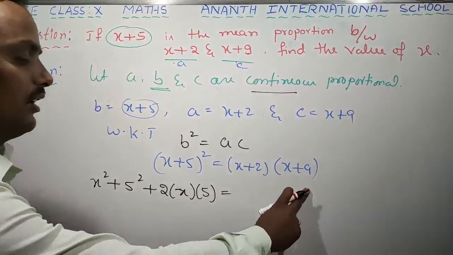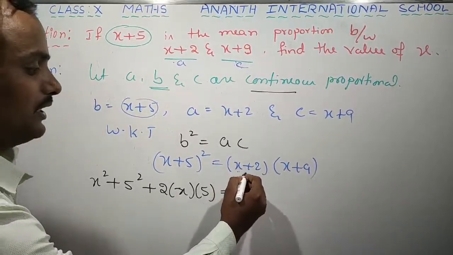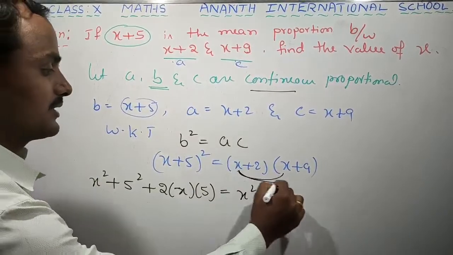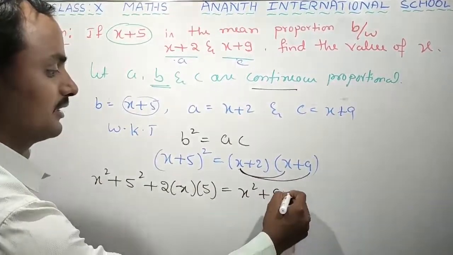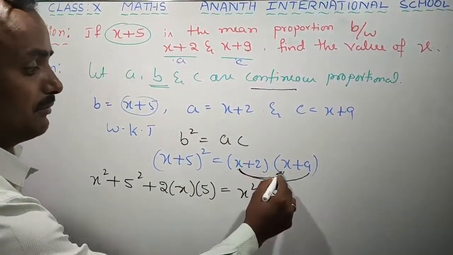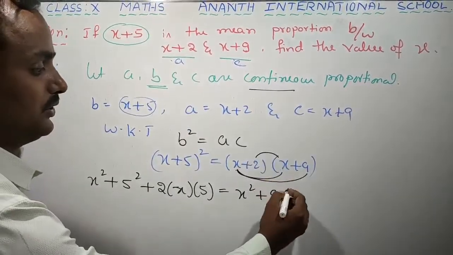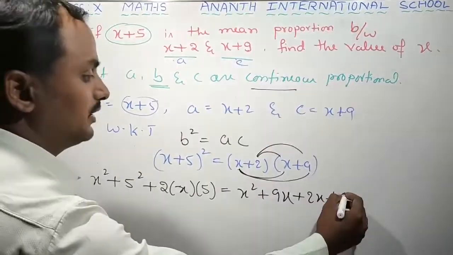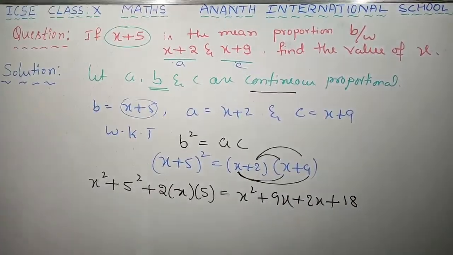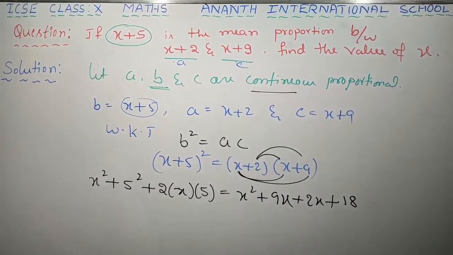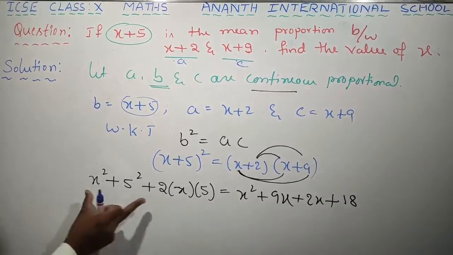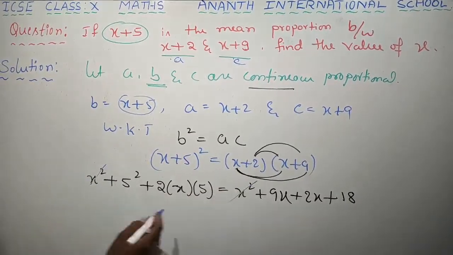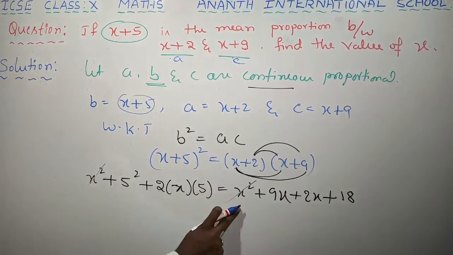You know, children, for the product, from x I will multiply x plus 9: x into x is x square, then x into 9 is 9x. Then from 2 I multiply these two terms: 2 into x is 2x, 2 into 9, 2 nines are 18, children. Now what is next? Which cancels? On the left hand side this 3 terms, on the right hand side 4 terms, x square cancels, left hand side x square, right hand side x square cancel.